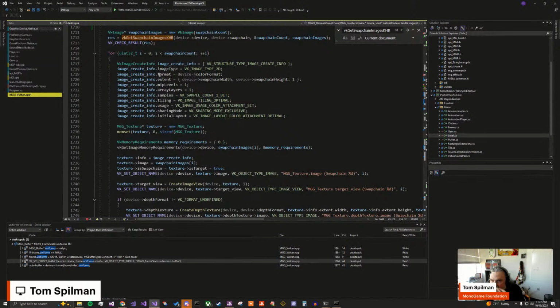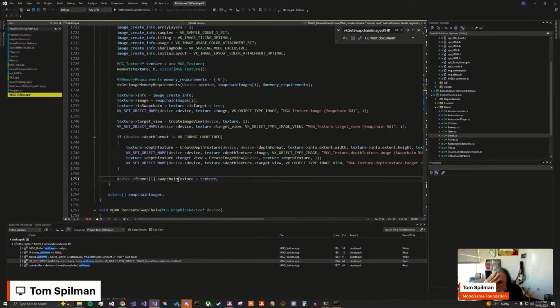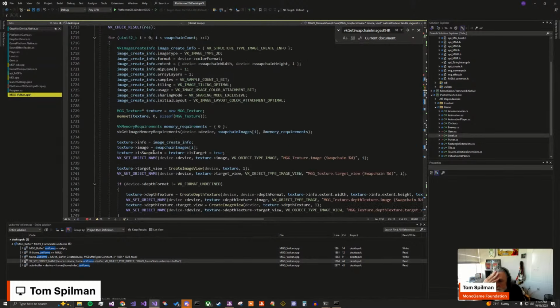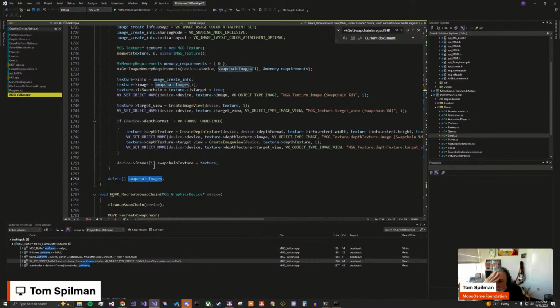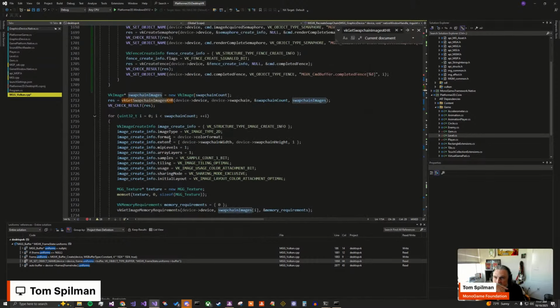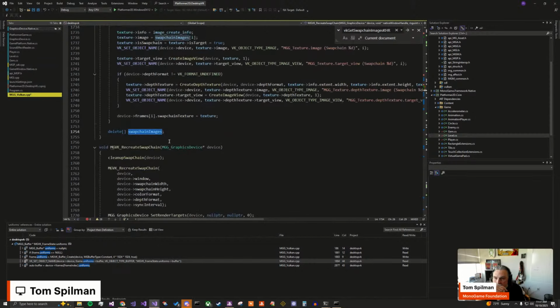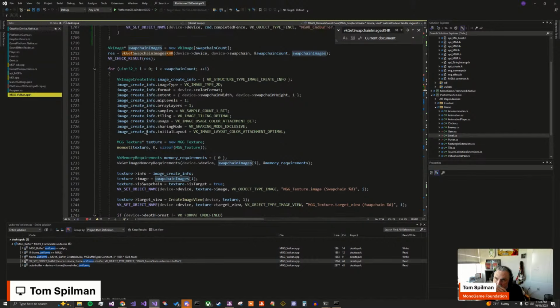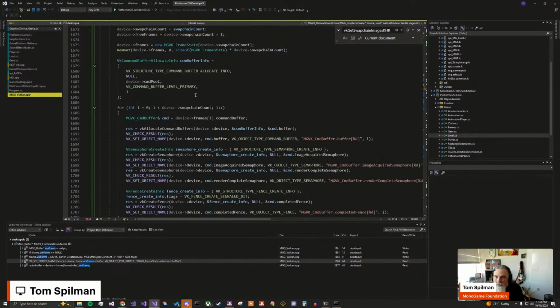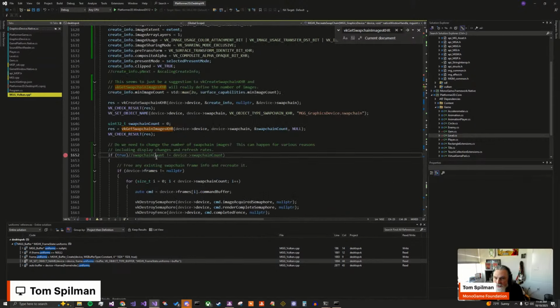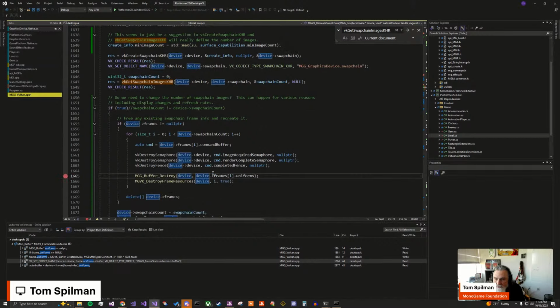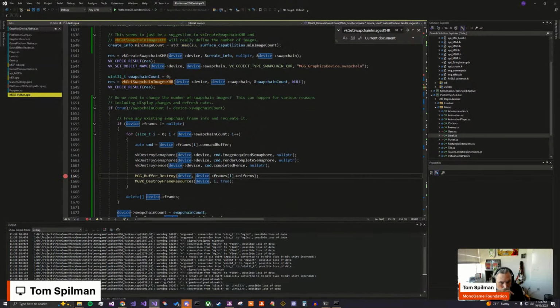This is the thing that actually sets up, let's see, creates a texture frame buffer. This actually sets the swap chain texture. It deletes the old swap chain images, I guess. Yeah. What is this doing? It's just deleting the array that holds on to the images. It's not deleting the images themselves. All right. So I bet that this is going to do some gnarly stuff. I think that'll cause it to blow up right as